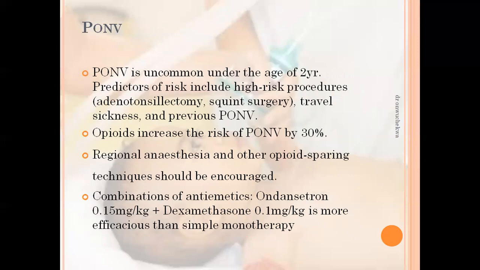Now, postoperative nausea and vomiting. PONV is uncommon under the age of two years. Predictors of risk include high-risk procedures, adenotonsillectomy or squint surgeries, or people who already have travel sickness and previous PONV. Also, opioid increases the risk of PONV by about 30%. Regional anesthesia and other opioid sparing techniques are encouraged. The combination of antiemetic ondansetron 0.1 milligram per kg and dexamethasone 0.1 milligram per kg is more efficacious and preferred,